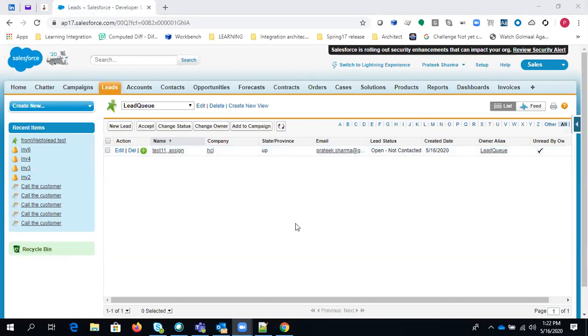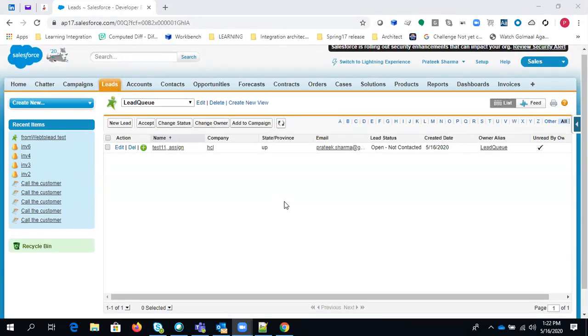But if you create any lead in which the city is not Noida, then that lead won't be assigned to this lead queue. And if you have any other condition, like assigning Delhi leads to a Delhi queue and Noida leads to a Noida queue, then you can create multiple rule entries for a single assignment rule. Based on the sort order, it will evaluate and assign accordingly. So this is the basic formation of this assignment rule and web to lead. Any question on this, you can ask.